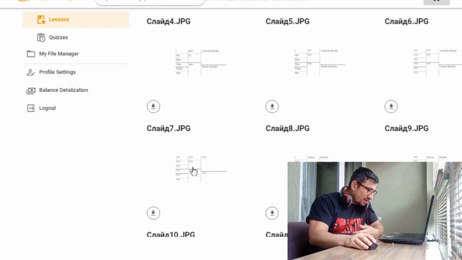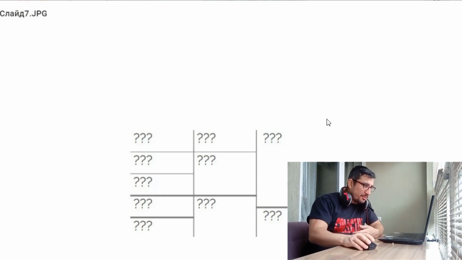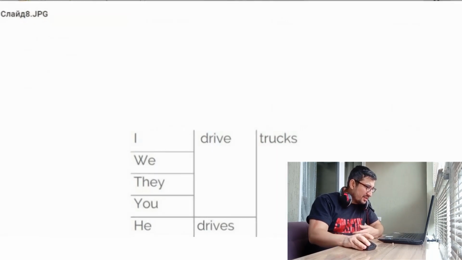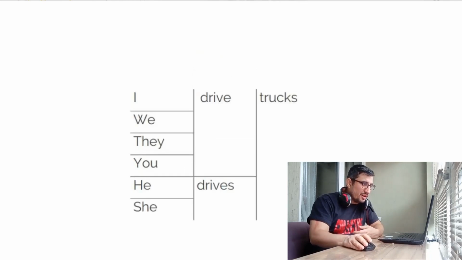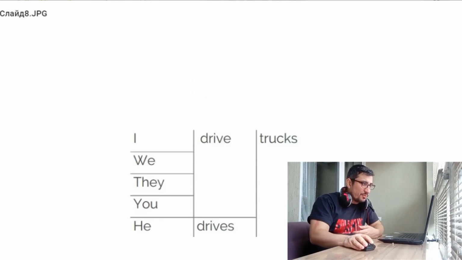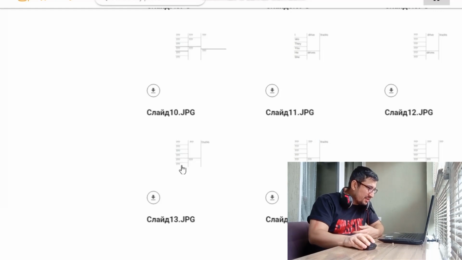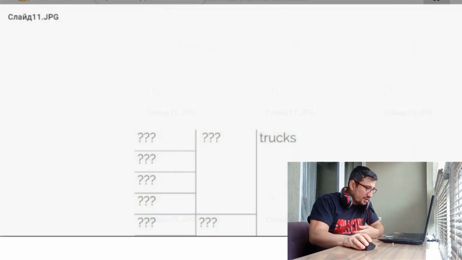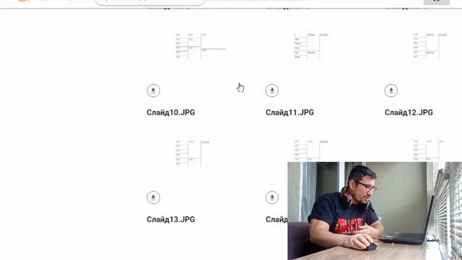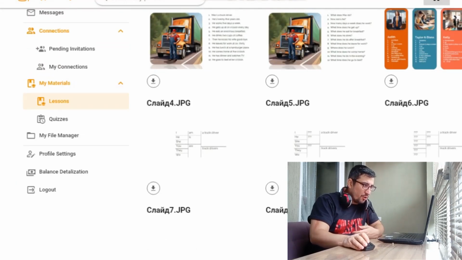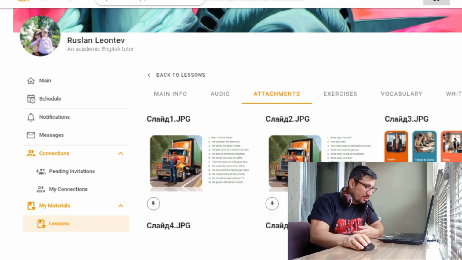The next tables throw us into a different grammar topic, and this is the present simple, right? Here there is no "to be" anymore. You say I drive trucks, we drive trucks, they drive trucks, etc. So have the student do the same thing here by traveling from table to table. You see more variables missing, and you have the student produce the sentences right here. Again, don't do these tables if your student has no problems distinguishing between present simple, does, do, and